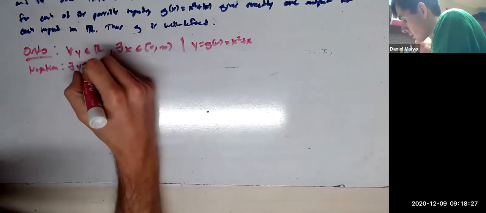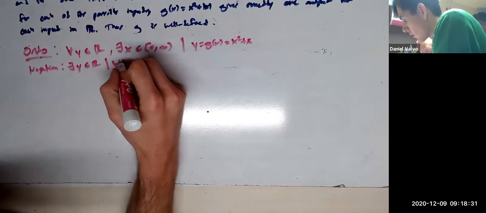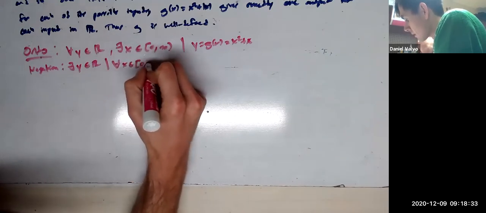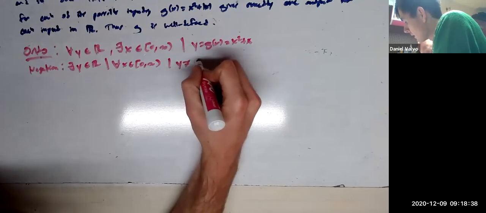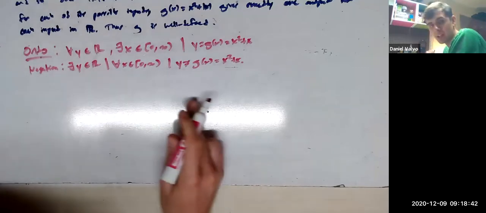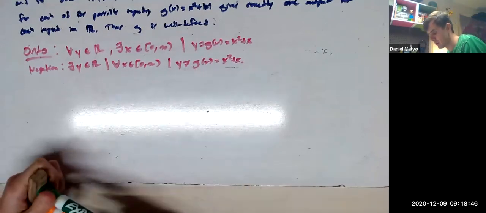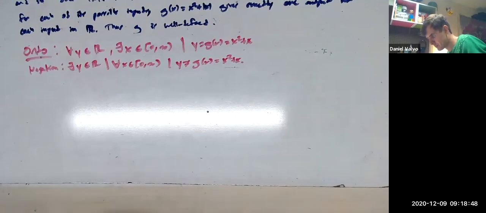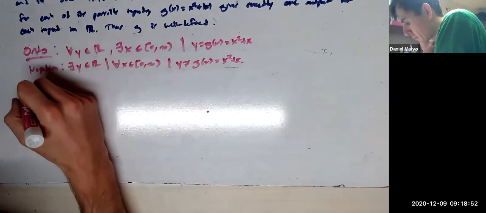there exists a y in R such that for all x in 0 to infinity, y does not equal g of x, which equals x squared plus x. All right, that's how you negate things. Flip the quantifiers, negate the predicate, and we're good. And that's going to be more true because -5 is a good example. So let's prove